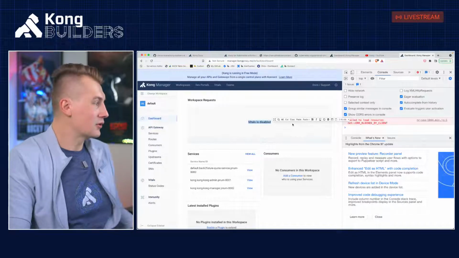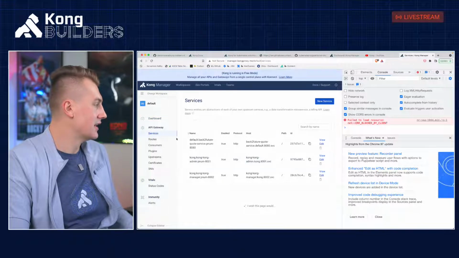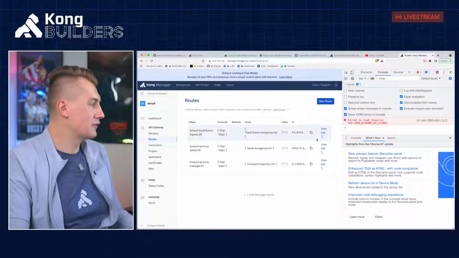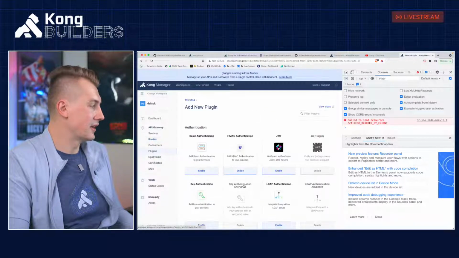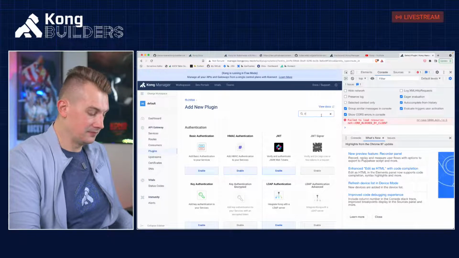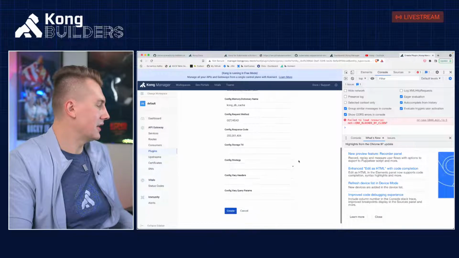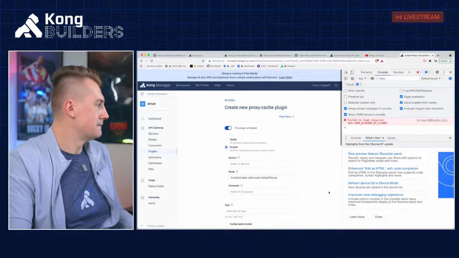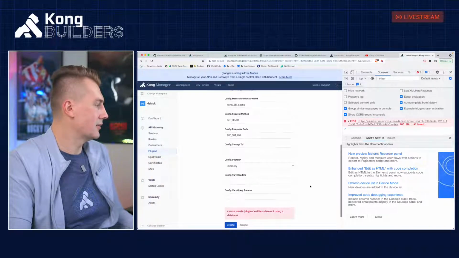Here's the thing. Kong Manager in the free version allows you to do many things. For example, configuring services, like I can go and say, where's my route? That's my Kong, that's my admin, this is my ingress, back to future. So for example, I can go ahead here and enable some plugins, right? So I can do, say, caching. So I will say enable. I will say strategy memory for now. And I will click create. Cannot create when not using database.